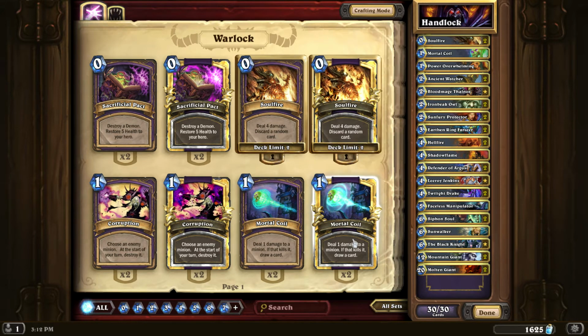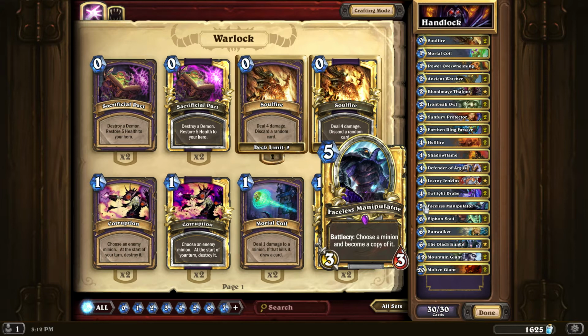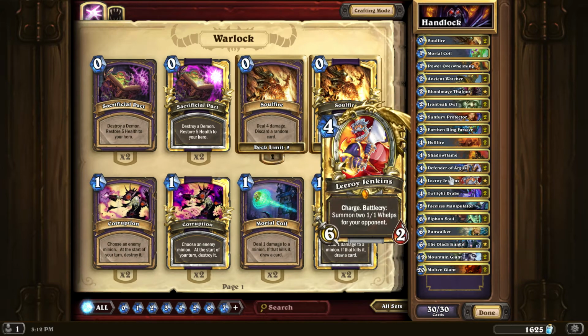Or if you also have 10 mana, you can add Faceless Manipulator after that to add another 10 damage to the board, meaning it's 20 total. And that is a lot of damage that Leeroy can do. You can see why he could be more...